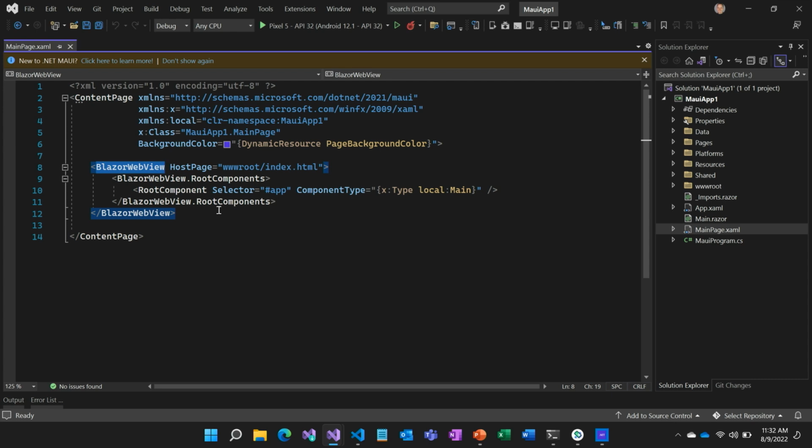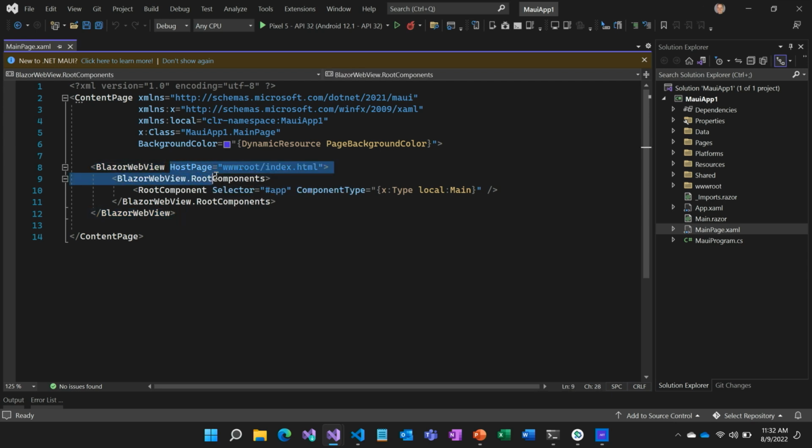Now what this control does is it sets up the appropriate WebView control for each of the platforms you're going to run on, and then it also sets up hosting the Blazor components in the app so they can talk to that WebView over a little local interop channel. Okay, so we have one MAUI control. That's the one piece of XAML that we're going to use in this app.